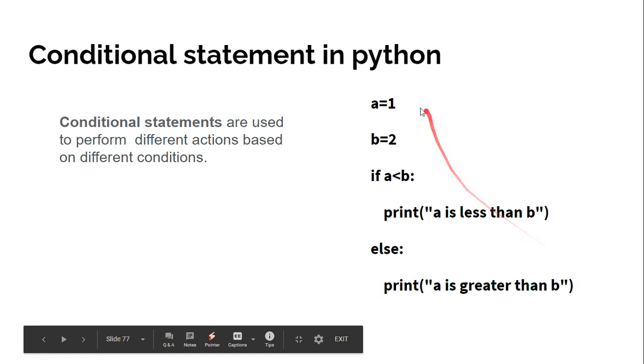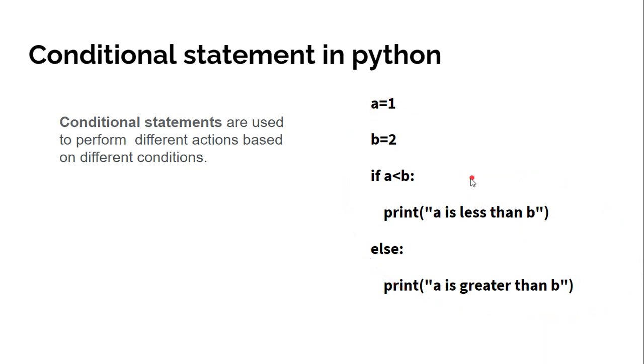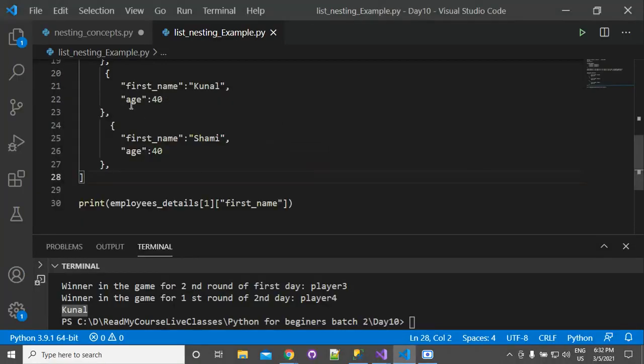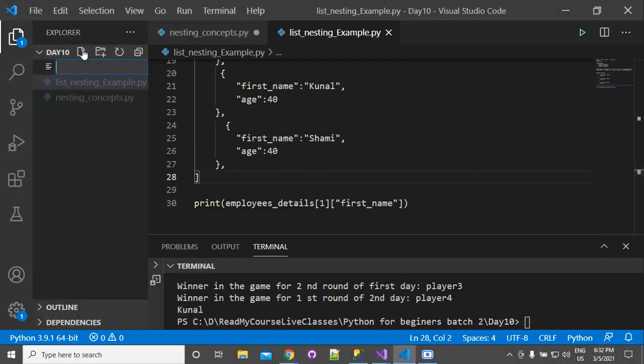So suppose that this program is equivalent of finding between two numbers which number is greater. Suppose we are taking two values from the user, a and b, and we want to show which one is greater. This type of program we can do using conditional statements. So I am giving you the example of this.